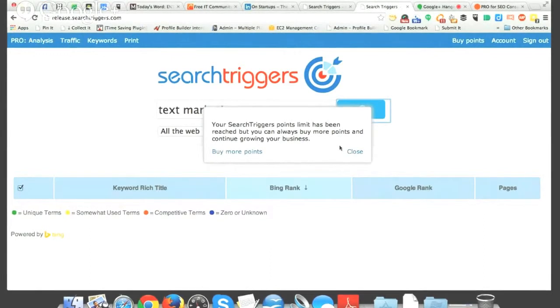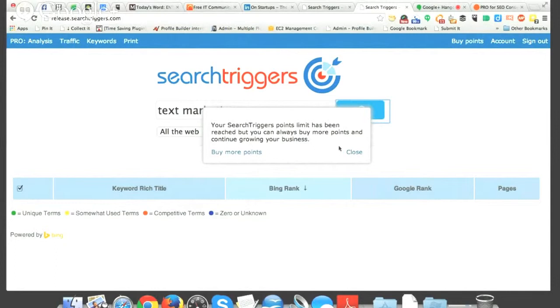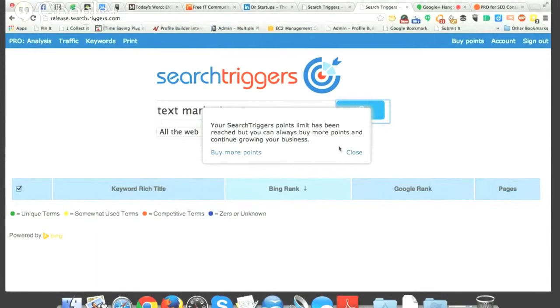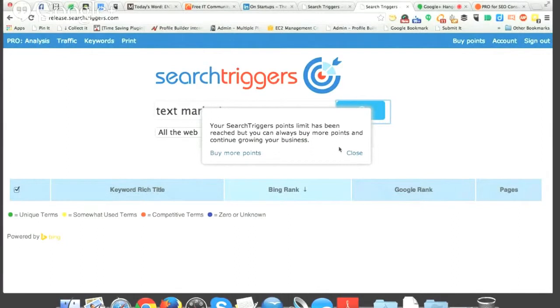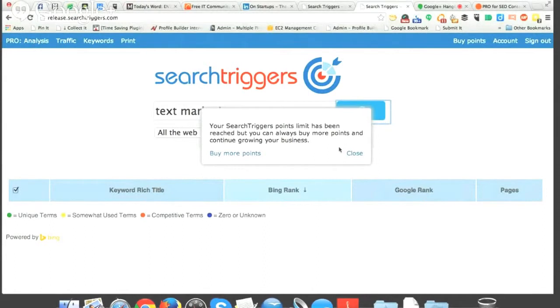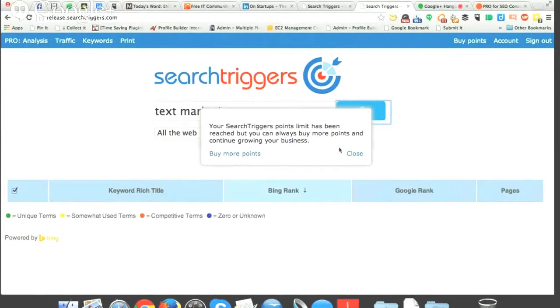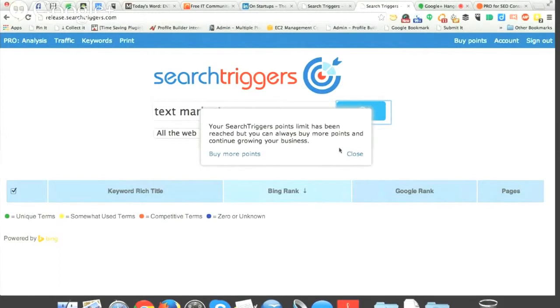But what the points are for, I understand from what you were saying earlier, is that some of the features of Search Triggers rely on another search engine that charges people for its data to be displayed. And I understand that search engine gathers all the information from Bing and Google and correlates it in a way that can be used by companies such as yourself. But unfortunately that costs money, so some of the stuff we've done is free, but the deeper stuff will cost a point or two, or some points to do it. But fortunately, because we're part of the beta case study group, we get them for free.